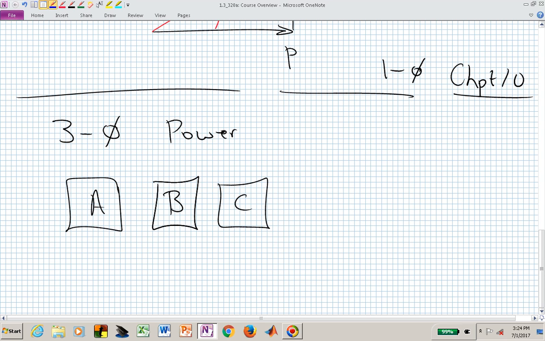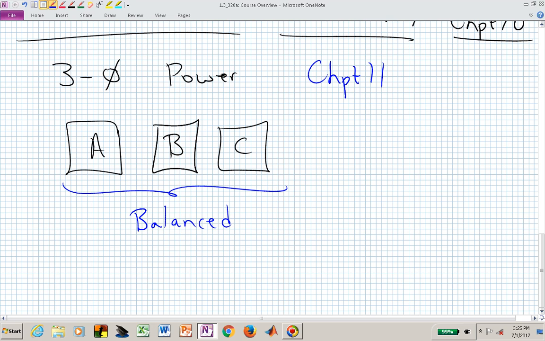And in chapter 11, which is where we start dealing with three-phase power, we'll concentrate on the condition where the A phase, the B phase, and the C phase are balanced. That allows us to use the tools that we developed in chapter 10 to solve some of these problems. And in order to keep these balanced systems in play and to use our energy more efficiently,